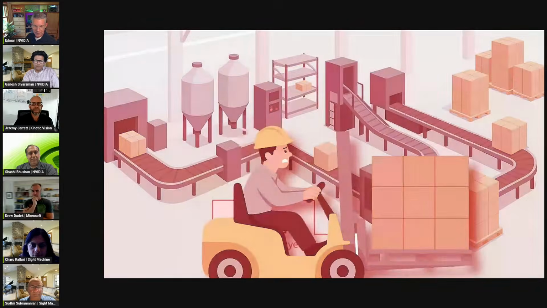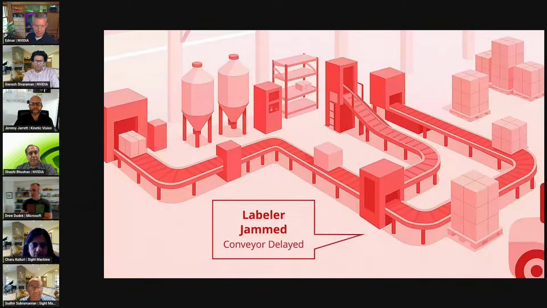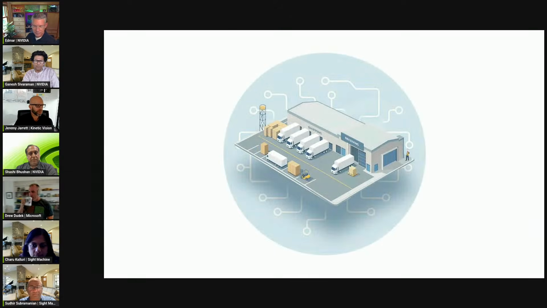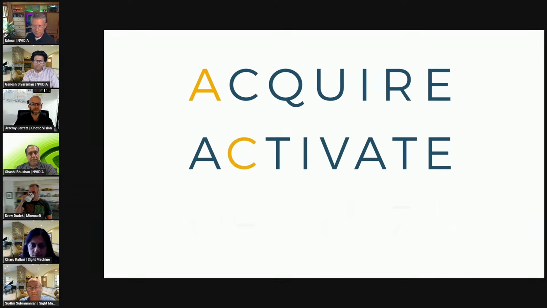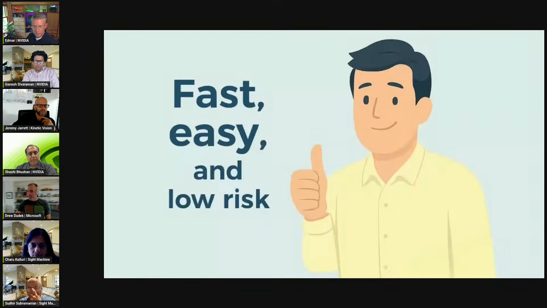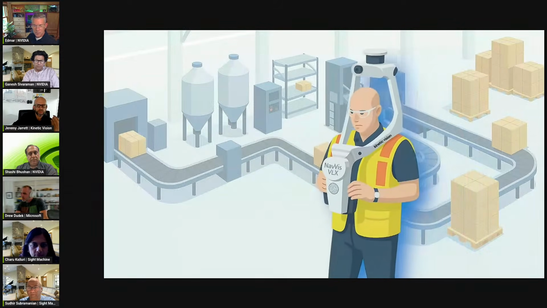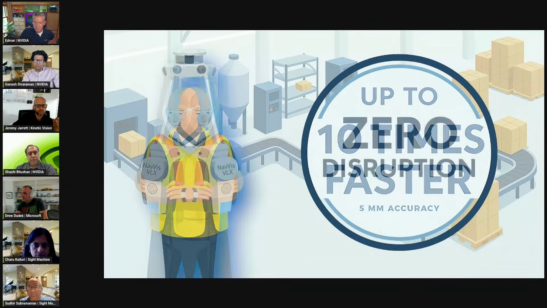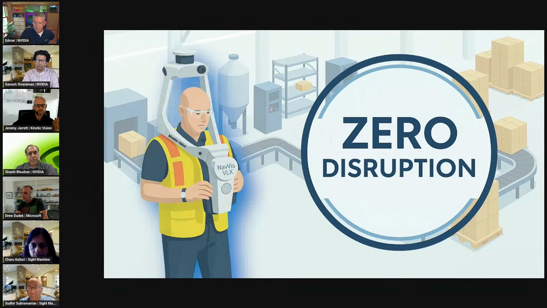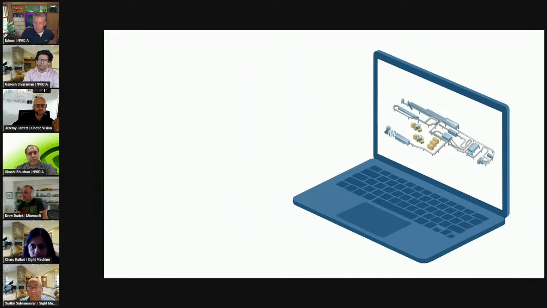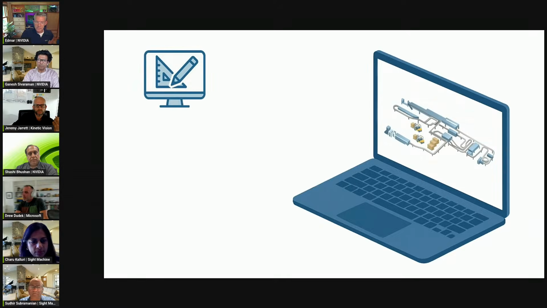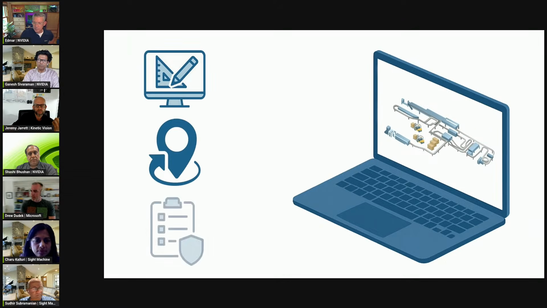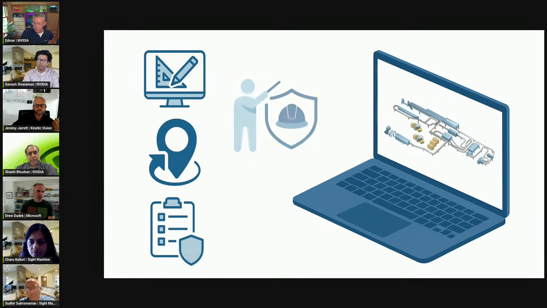Even here, small delays can snowball into big disruptions. That's where digital twins come in. With our Acquire, Activate, Optimize process, it's fast, easy, and low risk. We start by scanning your facility in stunning detail up to 10 times faster than traditional methods, with zero disruption to operations. That scan becomes a powerful 3D digital twin, enabling virtual design, remote tours, and supporting system updates, layouts,